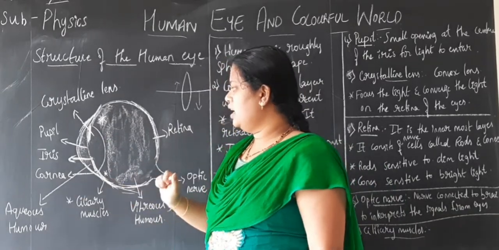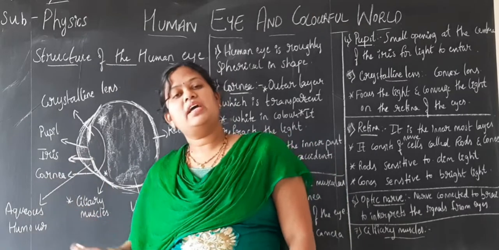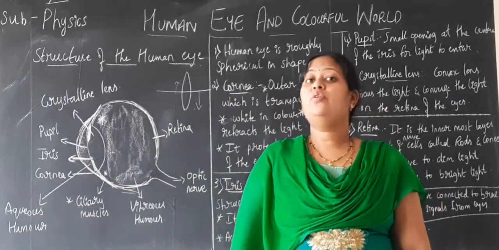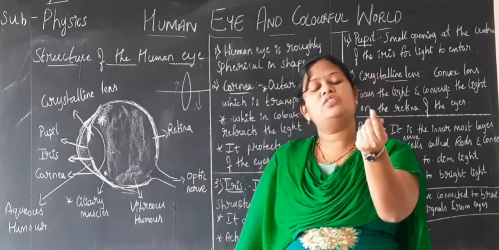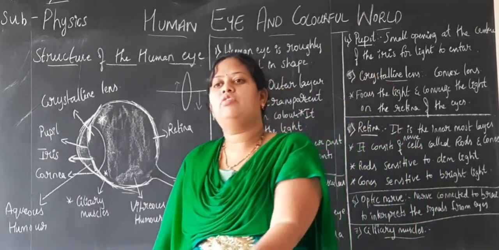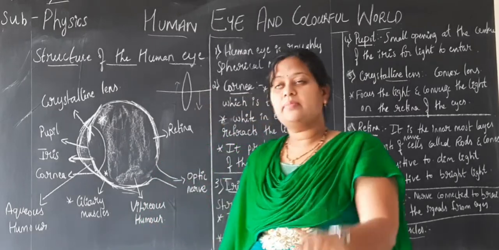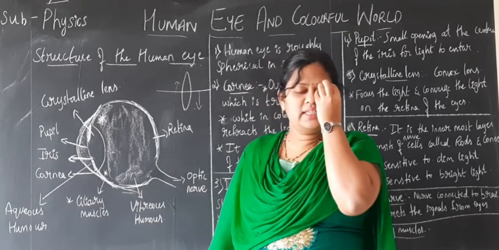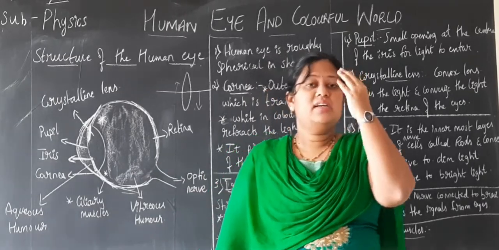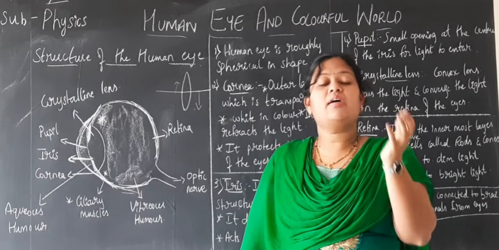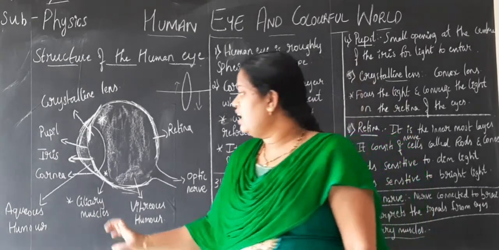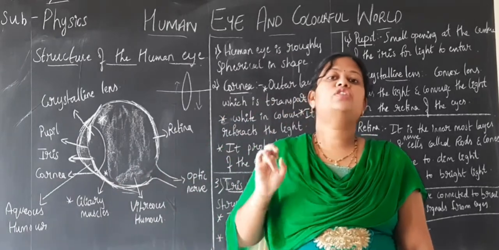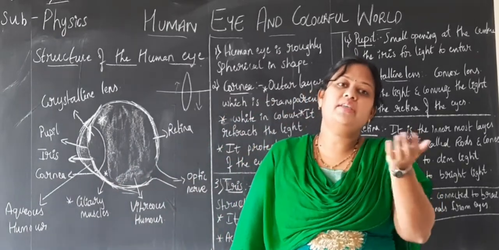Just now I said don't imagine the lens which is present in our eyes as a thick hard lens. No, it is smooth, children. It is a soft lens. You cannot hold it in your hand and play. The eye is situated in the socket of the skull. The skull is the hard region but not the complete eye. So the crystalline lens, which is a convex lens present in our eye, is not thick and hard but is a flexible one.